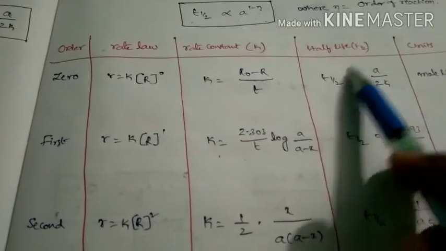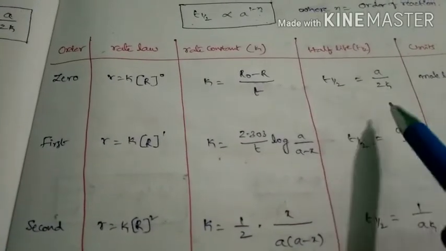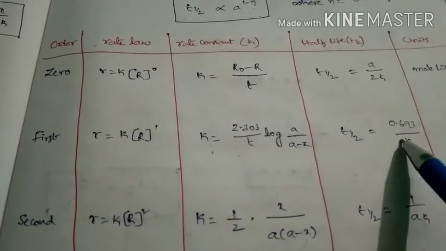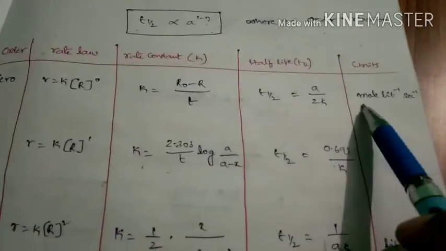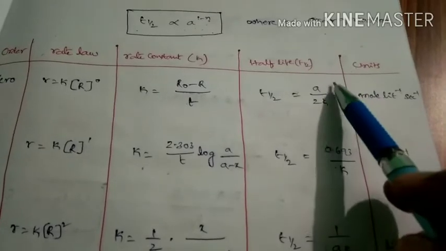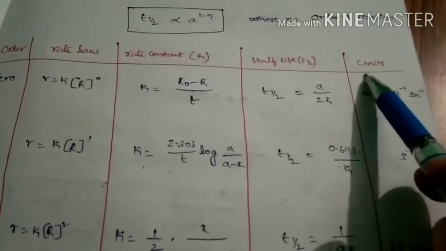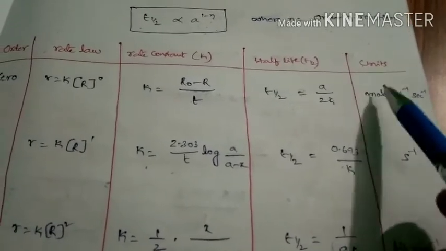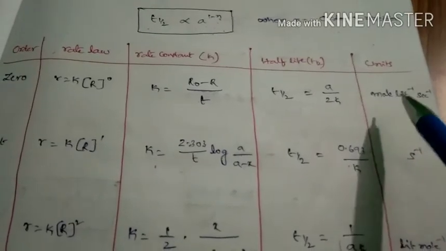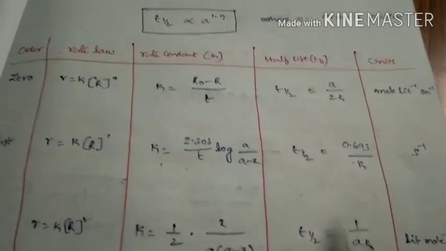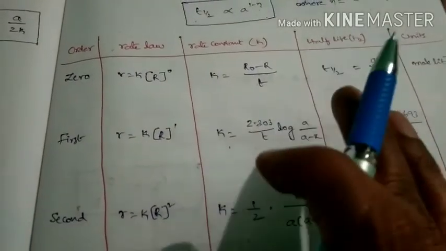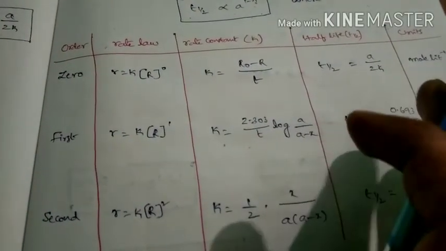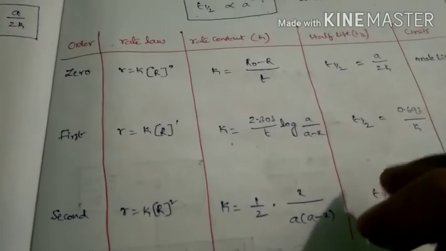Next, this is the half-life for first order. Just now we discussed about this one. This is the half-life for first order. This is the half-life for zero order. This is the half-life for second order. Here units we know already, by using mole power 1 minus n and liter power n minus 1 seconds. From that expression we can derive the units of zero, first and second order equations. So this is about rate equations, rate constants and half-life units of zero, first and second order equations.